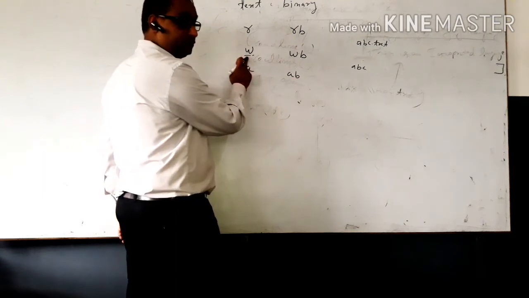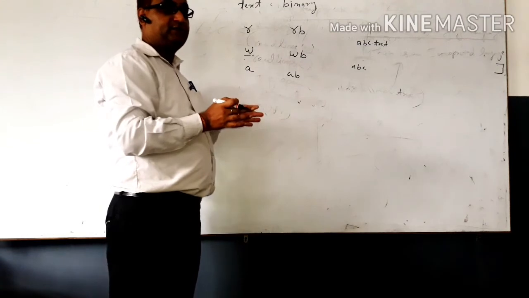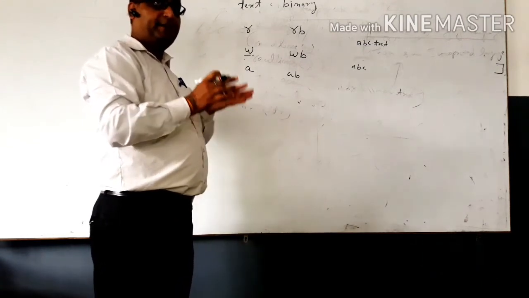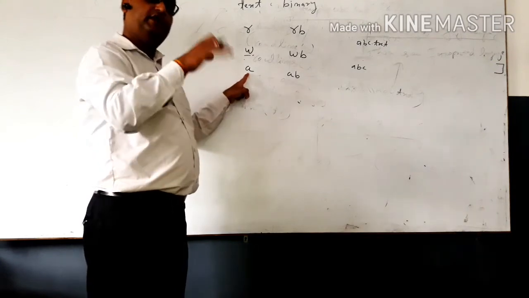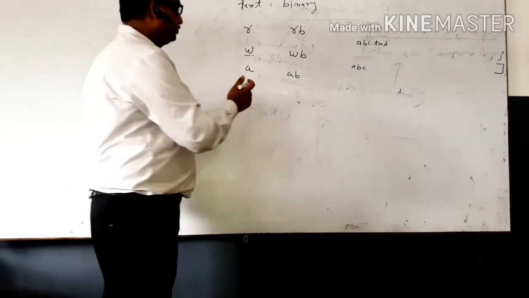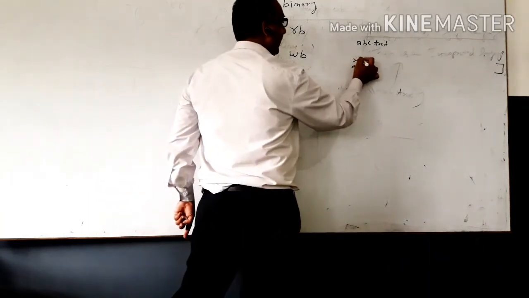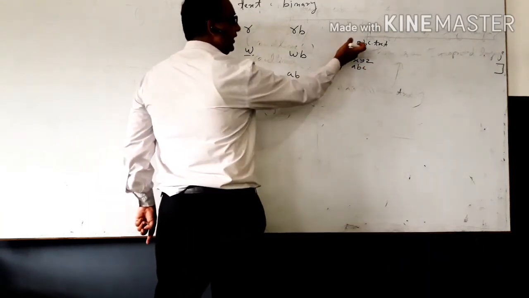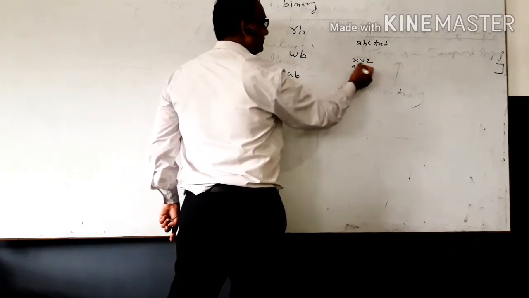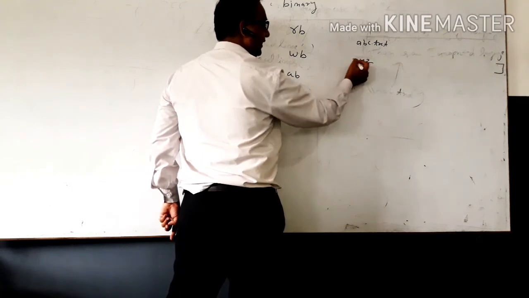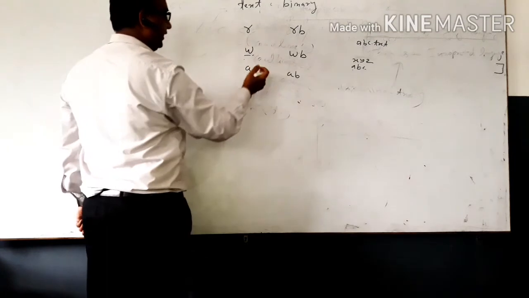So we ensure that whatever content you write persists, but if you want to append other data, you can use A. Otherwise, your old data will be truncated, deleted. So we use A for appending the data. XYZ is already written in the ABC text file. Then when you write ABC, it appends the text after XYZ, so both XYZ and ABC are there. So that is the read, write and append mode.